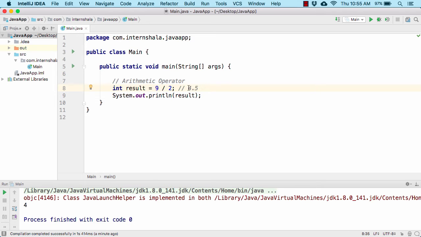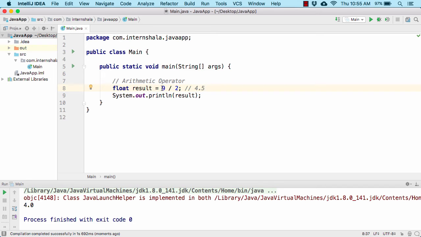So in order to get 4.5, let us use float that supports the decimal point value. Let us now run the code. Now still here we get 4.0 in the output. But as per our expectation, we should get 4.5 in the output, which does not happen.